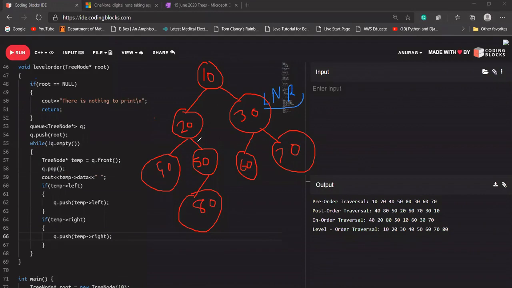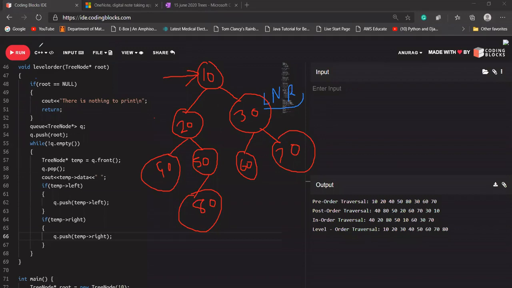So what I'm doing here, let's quickly dry run our code, or let's check what the level order traversal of our tree is. So 10, 20, 30, then 40, 50, 60, 70, and 80. So we are getting the same output: 10, 20, 30, 40, 50, 60, 70, and 80. For this tree, the pre-order will be this, then post order, after that in order, after that level order traversal. Is that clear with everyone now? The question, or the code, or the concept? Both.